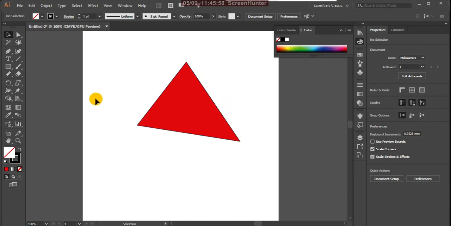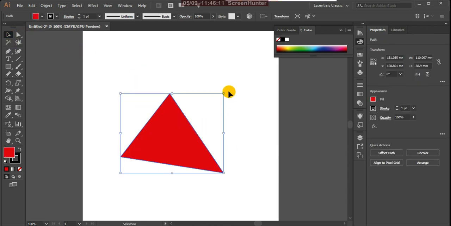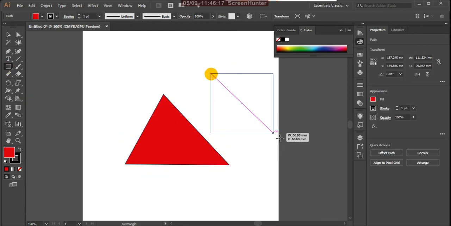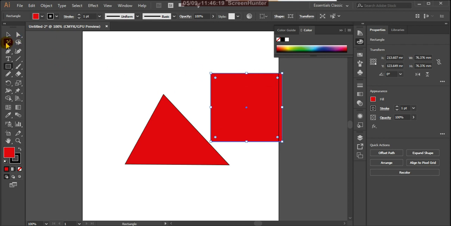These are the tools I explained today. Let me give you a review of all these tools. With selection tools, you can select your objects and shapes, and rotate them. You can enlarge and reduce them accordingly.